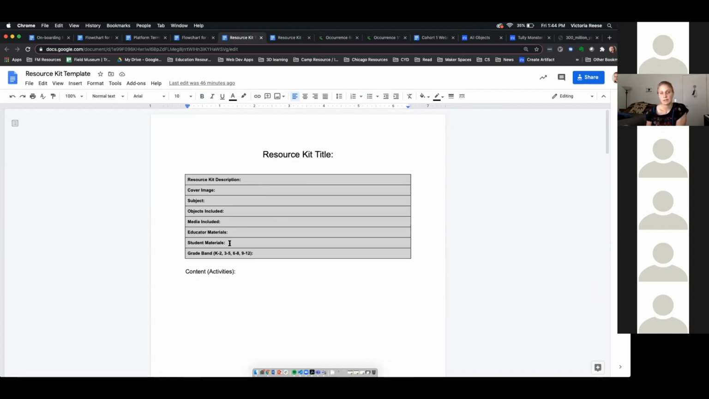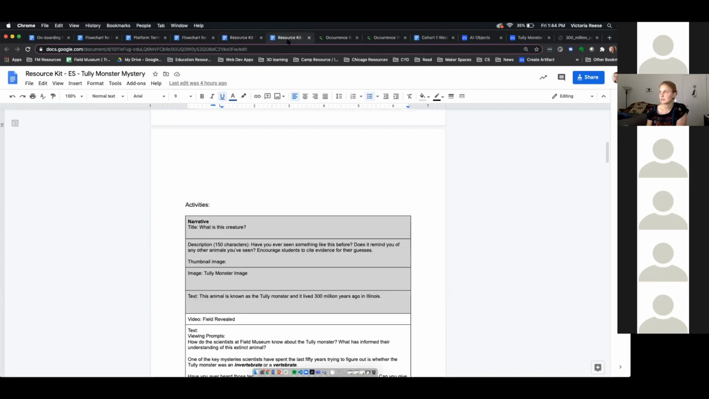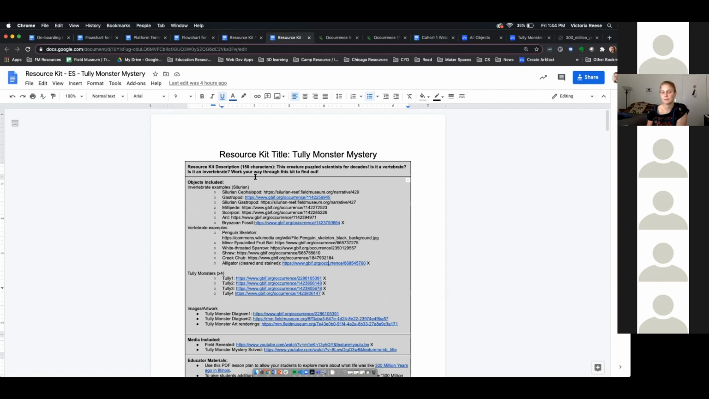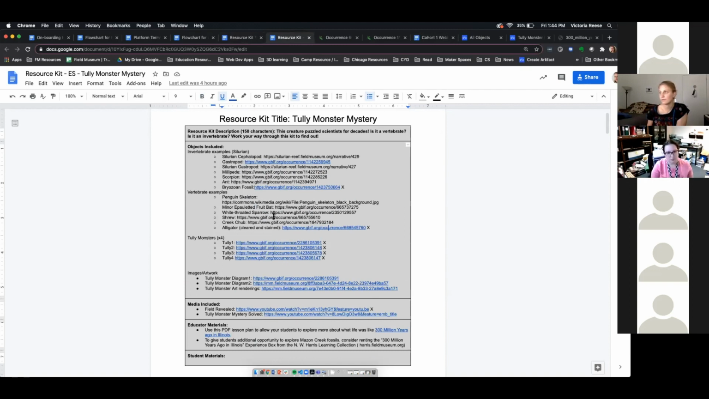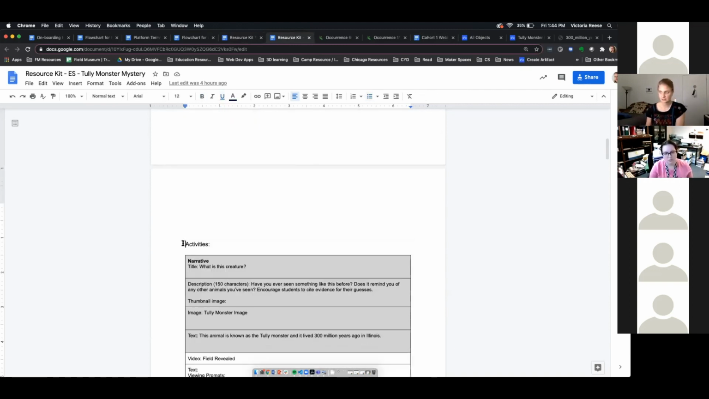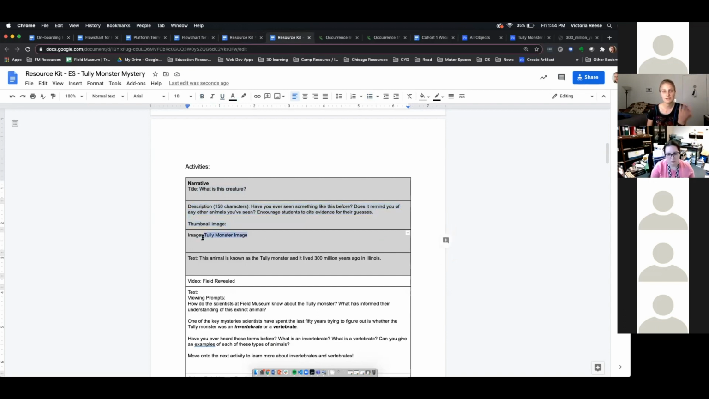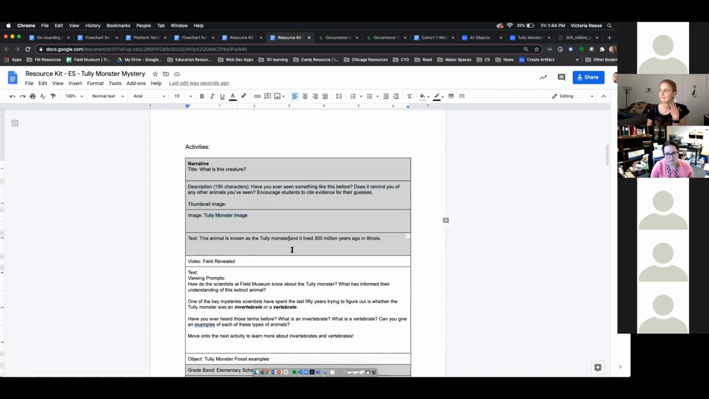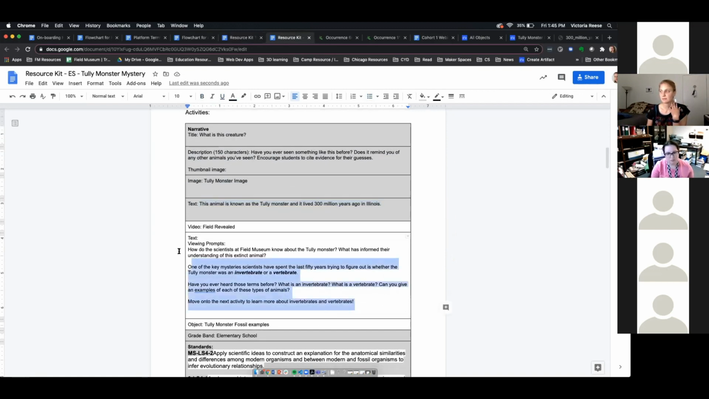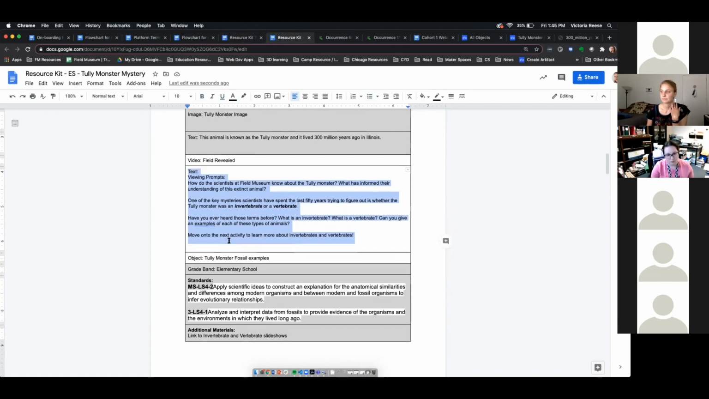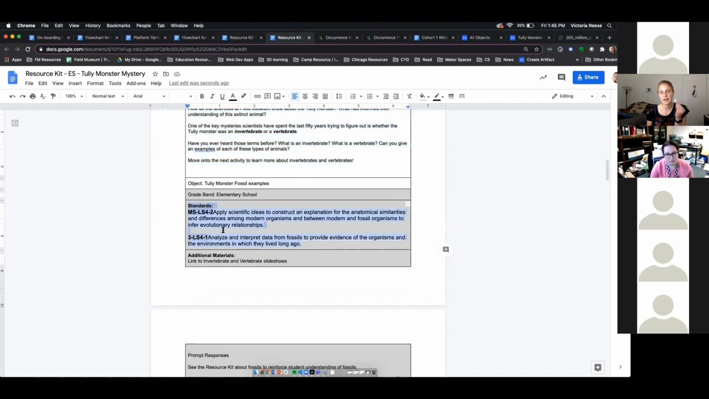So what does this look like when it's filled out? Here is, again, the Tully Monster Mystery template that's been filled out. Below this overview, the resource kit overview, we've got all of the activities that are included that have also been templated out. Each one has a title and a description. We have whatever image is featured as the main image listed here. We've got the text components and the standards. Every individual activity has standards. So within one resource kit, you can have activities that are